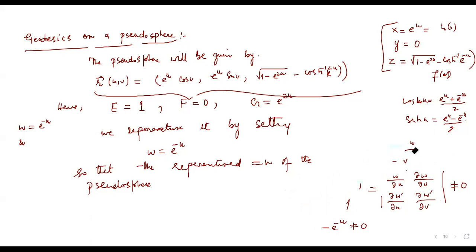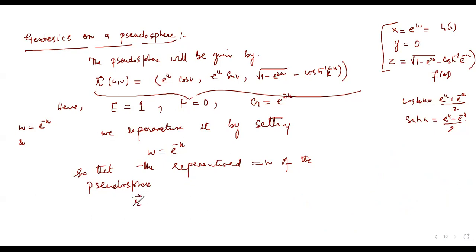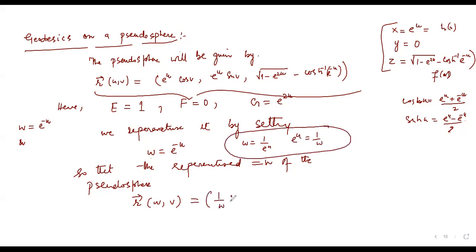और जब मैं ये changes लाता हूँ अपने equation of the surface में, मतलब it's a valid पहले, दूसरा वो बन जाएगी फिर as a function of r w v, और of course e raised to power u, right? अब वो change हो जाएगा, what would be e raised to power u? That would be 1 by w, है ना? because अगर w is e raised power minus u, that means w is equal to 1 by e raised power u, और e raised power u is equal to 1 by w, यानी ये बन जाएगा फिर यहाँ पे 1 by w। तो ये हमने इसलिए किया ताकि हमारी कैलकुलेशन इजी हो जाए। and again here would be 1 by w cos sine of v,